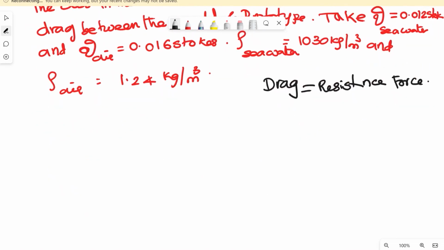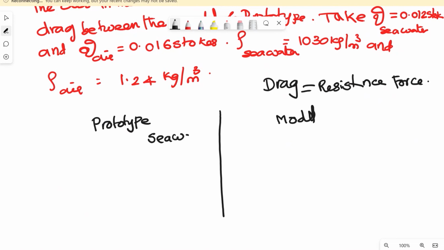Now there are two things: the prototype, the original one, and the model. The prototype was tested in seawater,